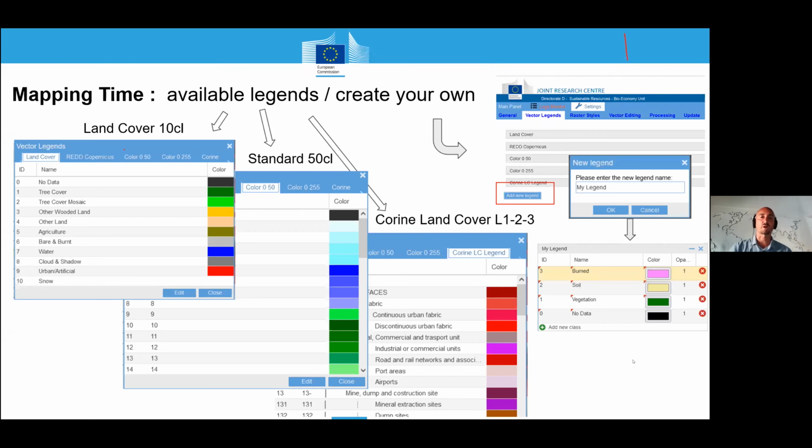In Impact, it's quite easy. There is a module. There are some default legends like land cover or the standard 50 classes, but also the current land cover classification legend that is used in the Sardinia land cover mapping project, containing up to level 3 of Corine. In case those legends are not enough, you can always build your own legend by using a dedicated tab option of the tool,